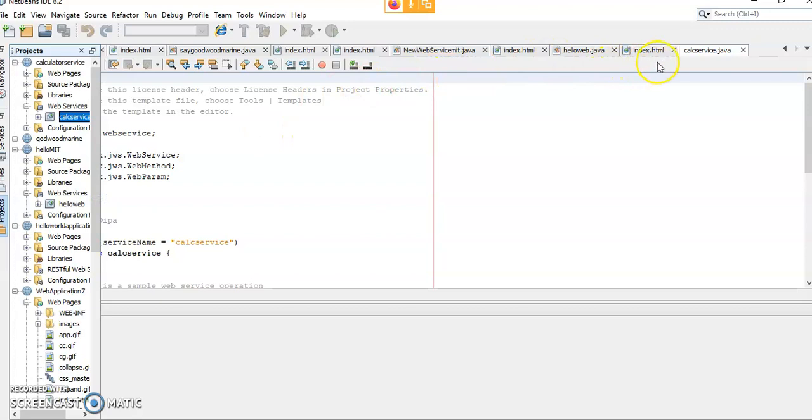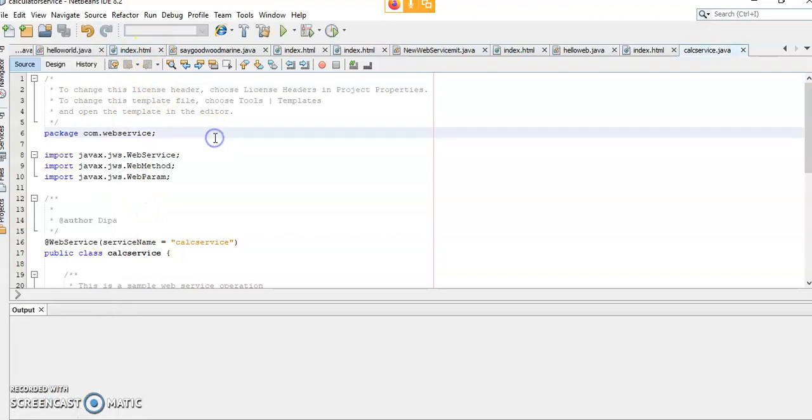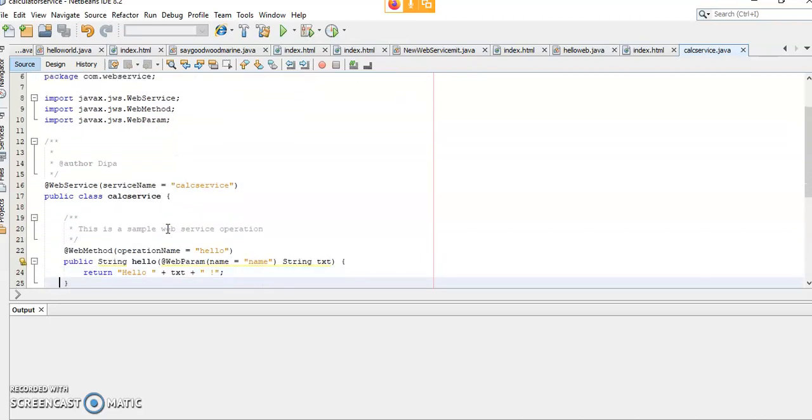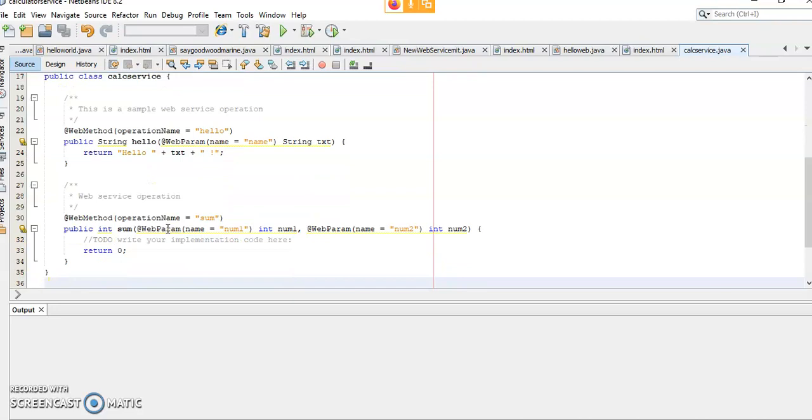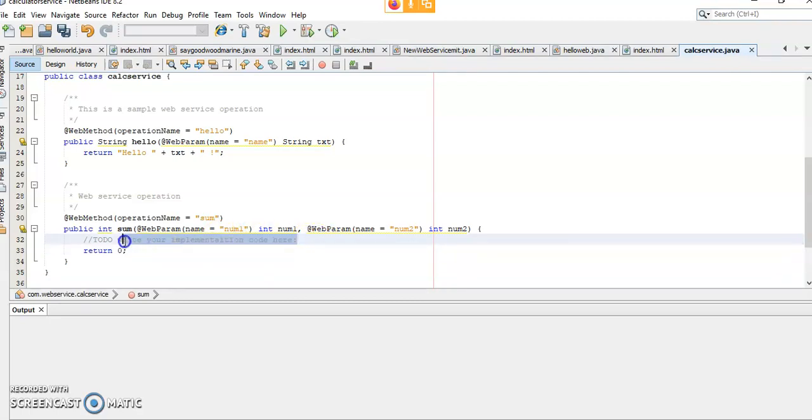Open the web service. Here I am going to type. Right, so what are we going to write here? See, here I am going to write int sum.